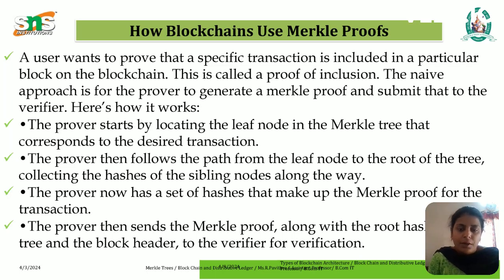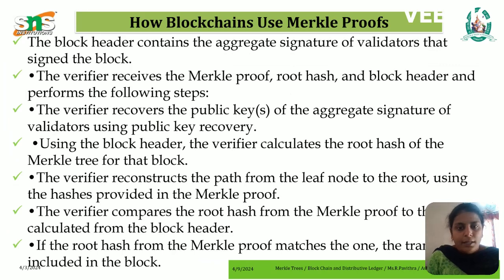So the next one, the prover now has a set of hashes that make up the Merkle proof for the transaction. The prover sends the Merkle proof along with the root hash of the tree and the block header to the verifier for the verification. The block header contains the aggregate signature of validators that signed the block. So the verifier receives a Merkle proof, root hash, and the block header